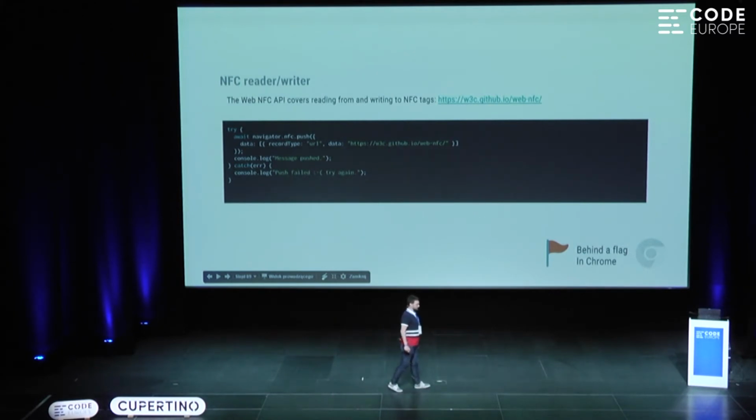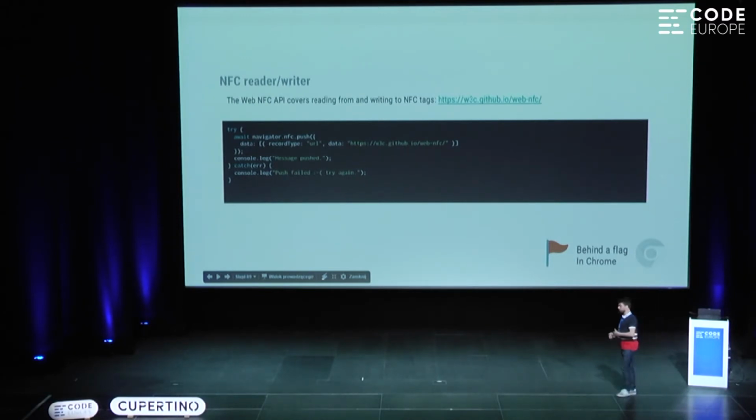So the way we came up with this is that while an API, a new feature, is not fully baked yet, we enable it as an origin trial. This means that if you're excited about this new feature as a user or as a company, you can apply for a token. So you go to a specific website, you say, I want to use NFC. They'll give you a token and say, okay, for the next Chrome release, this is your token. You put this token either inside your HTTP headers or just as a meta tag in your HTML. And suddenly the feature will work for all users of Chrome for that release.